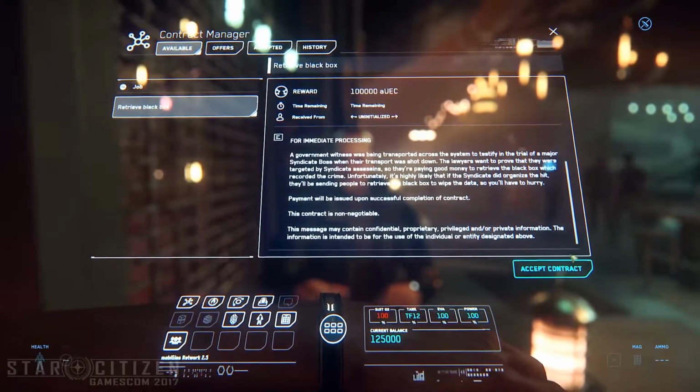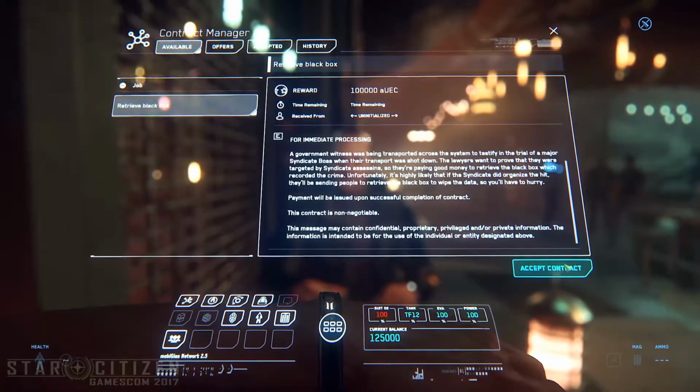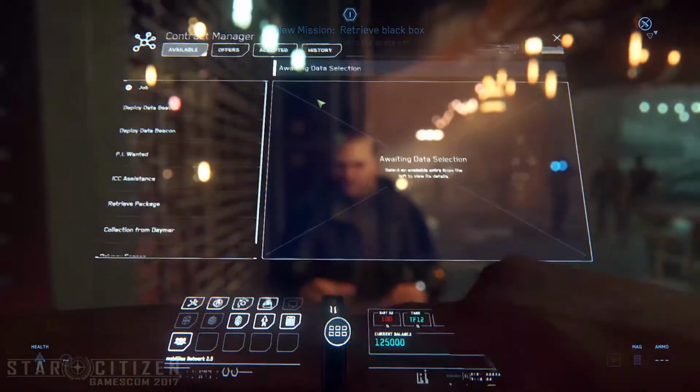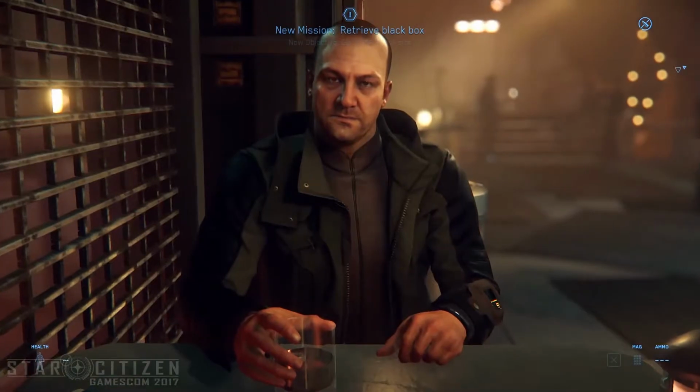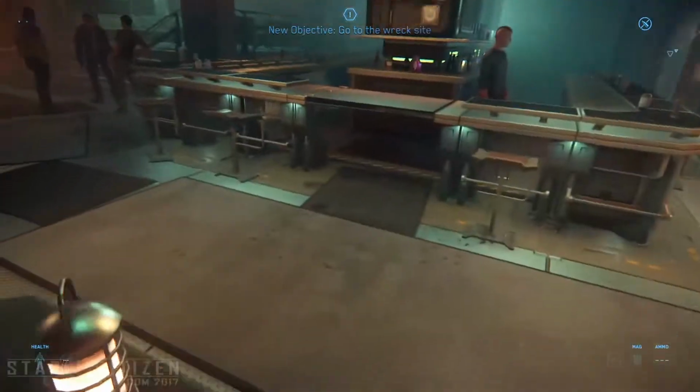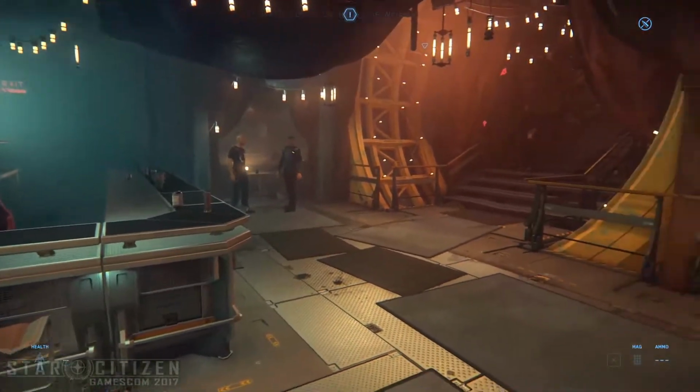All right, it's a pretty hefty contract, so it's probably pretty risky. This is actually an example of an opposition mission, where it will let me know when it's done. There'll be another group going for it. All right, so let's get out and...